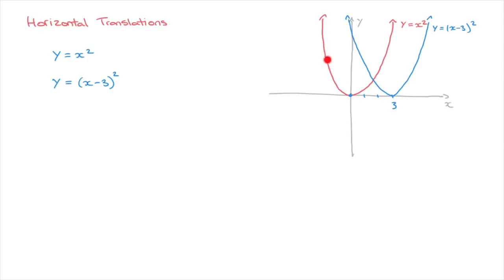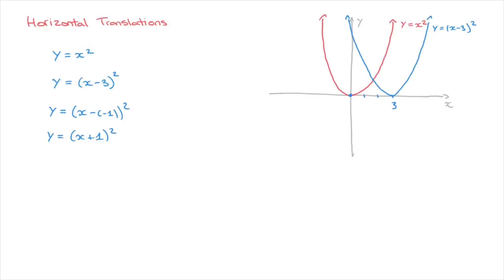And in a similar way, we could shift this red curve, y equals x squared, to the left-hand side. For instance, say we wanted to move it 1 unit to the left. Well, to do that, all we need to do is copy the function's original equation, that's y equals x squared, but we replace x by, in parentheses, x minus negative 1. Negative 1 because we want to move to the left. So that would be y equals (x minus negative 1) squared. And since when we subtract a negative it turns into an addition, this is y equals (x plus 1)